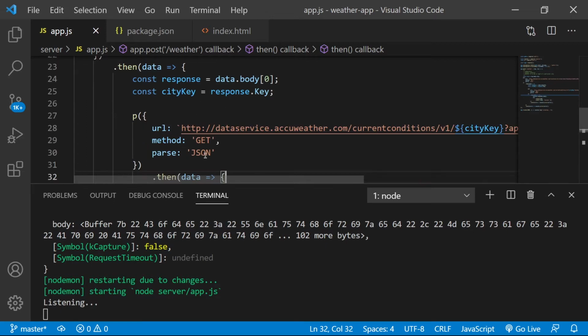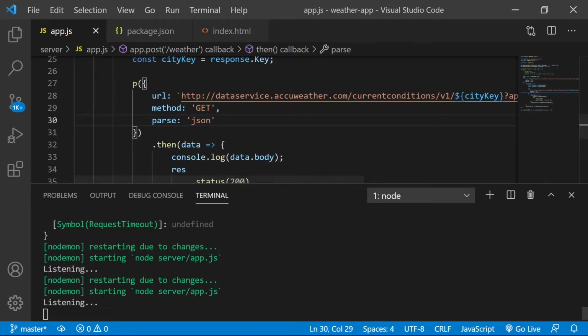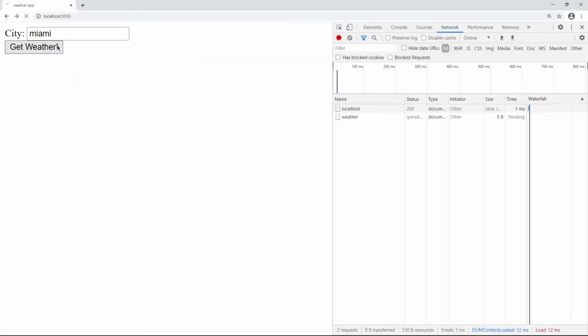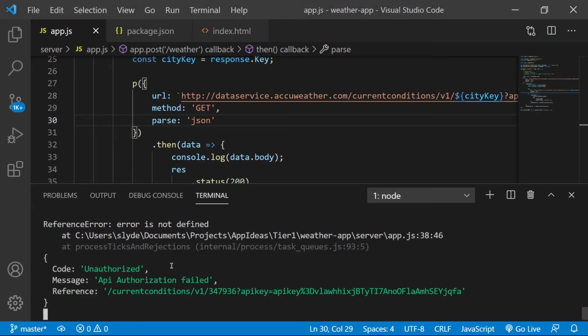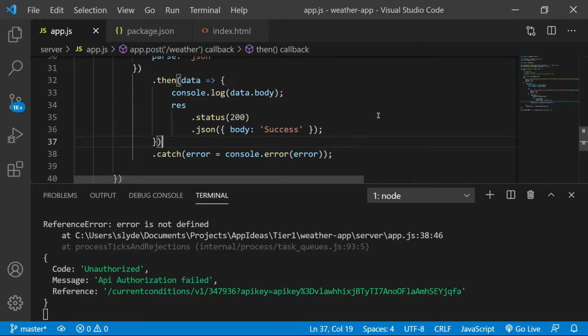Right, so parse JSON, and I guess this might also be case sensitive. Let's go back here. Success again. Let's come back to our code. Let's see, so error, well, a couple things here. Error is not defined. This is interesting. Also, catch error.